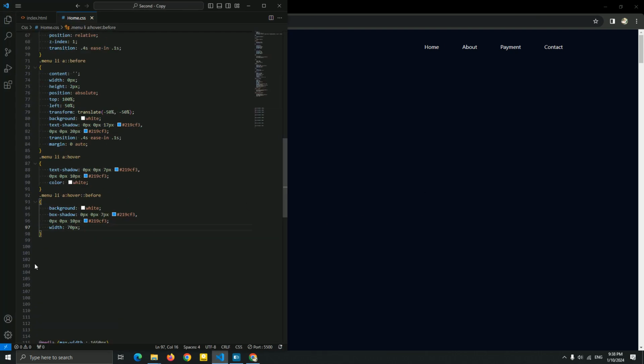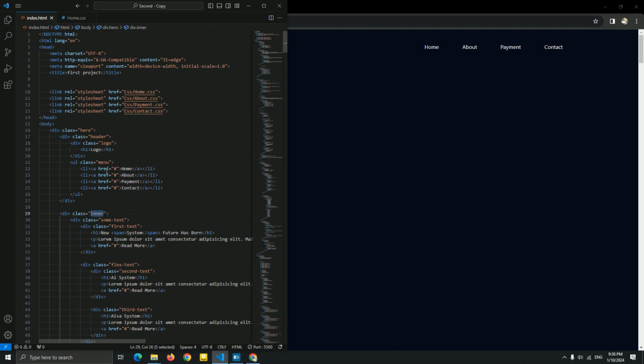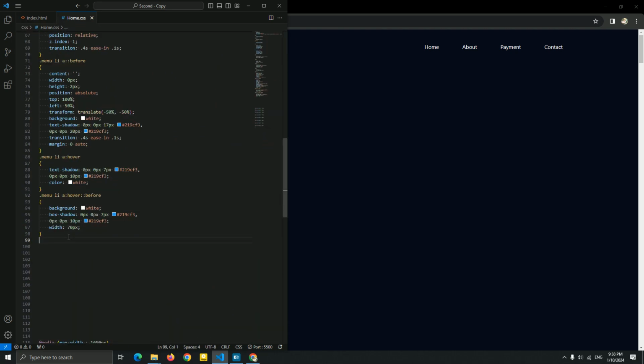And let me just size it. Okay. First, I'm gonna start with the inner as we named it here. Let me just show you. So first, we named this as we named it for this title, and I'm gonna add it here, inner. I'm gonna add display grid and a grid template columns, repeat. Align items center, grid gap for a little distance.